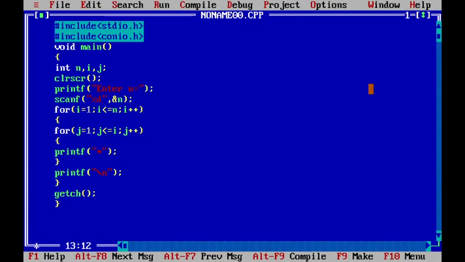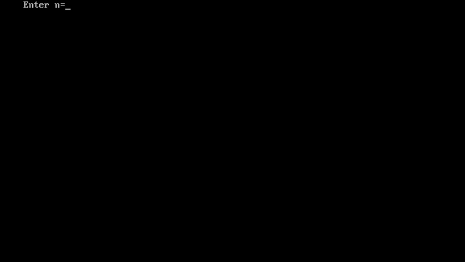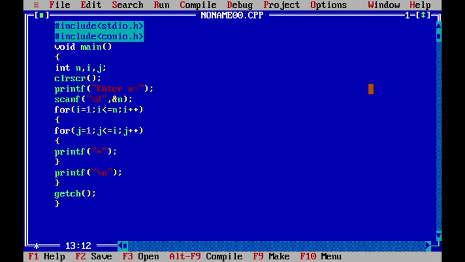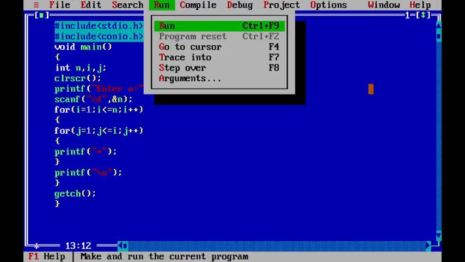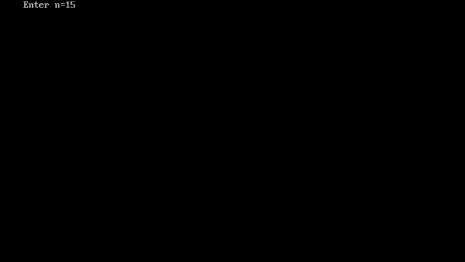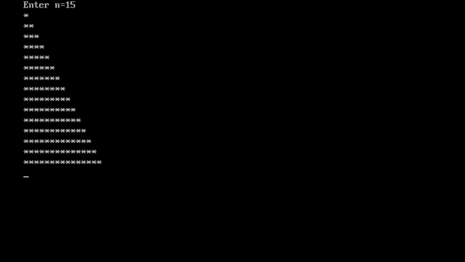So here if you enter, say, 4, then you can see here the pattern of star. If you enter a larger n, say n is equal to 7, then you can see this pattern. If you enter n equal to 10, then you can see the pattern of star. If you enter an even larger n, say 15, then you can see here the pattern of star. So now next